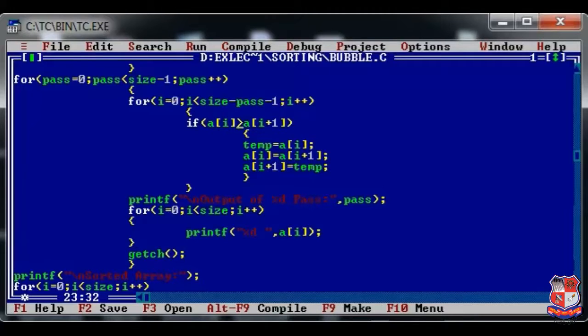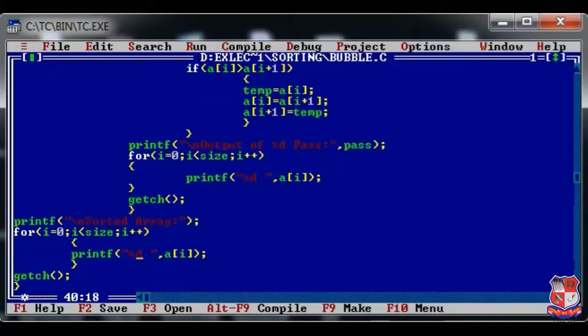Instead of greater than, you can put less than sign. Okay. So these three statements represent the logic of swapping the elements. This for loop will print the content of the array after each pass, and at the end we are displaying our resultant array.